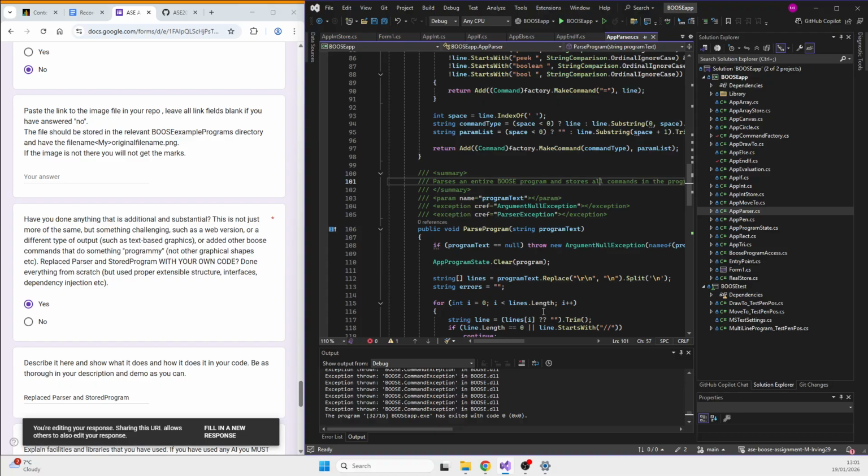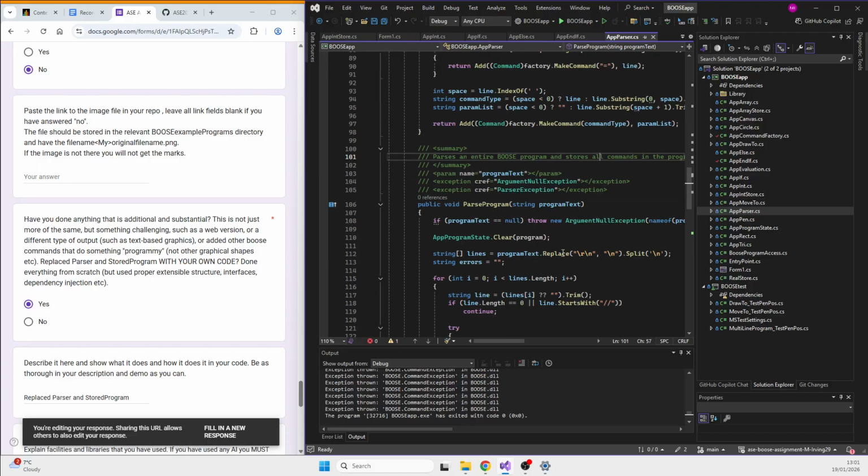And it throws the exceptions with syntax error and null arguments again. So here it just strips it and splits all the lines. Well, no, I suppose it doesn't. It does the opposite, merges all of them, so it can actually just read it in one go.